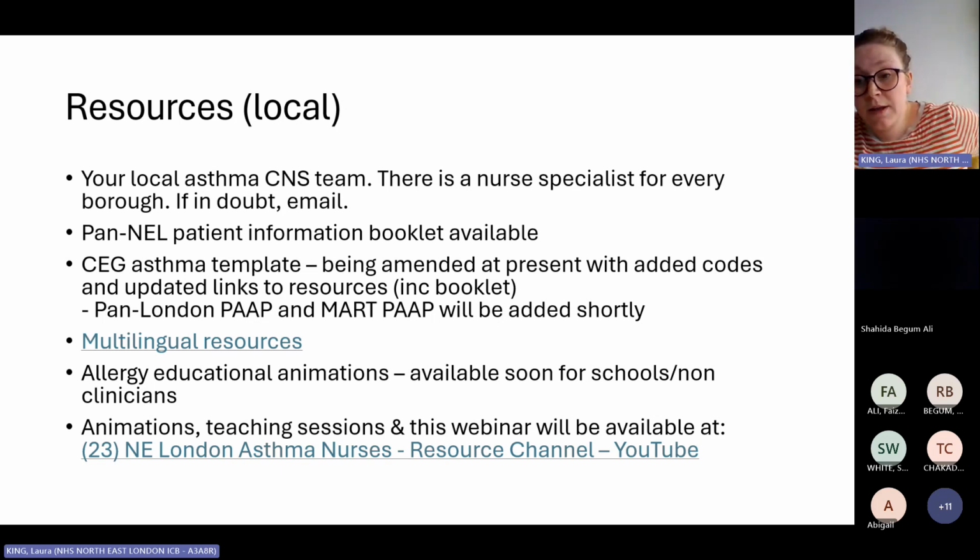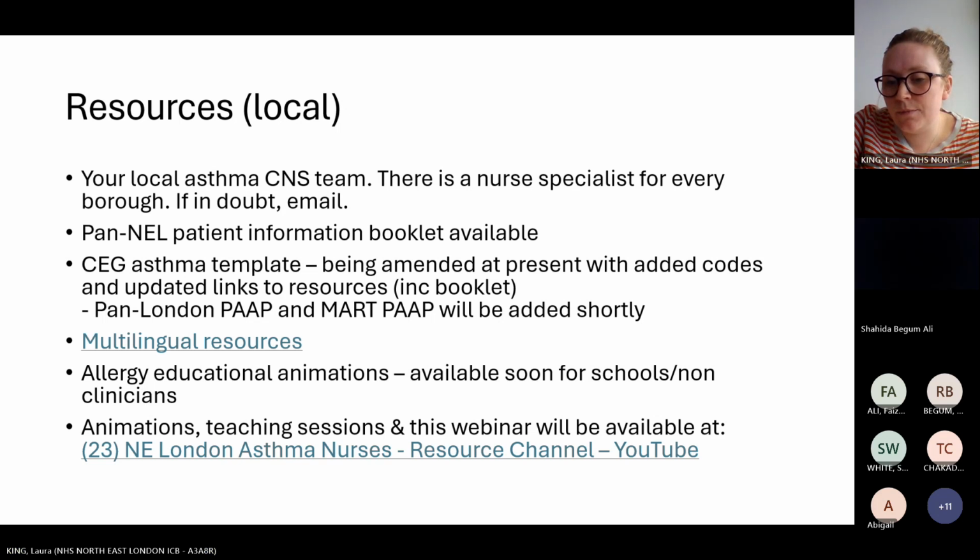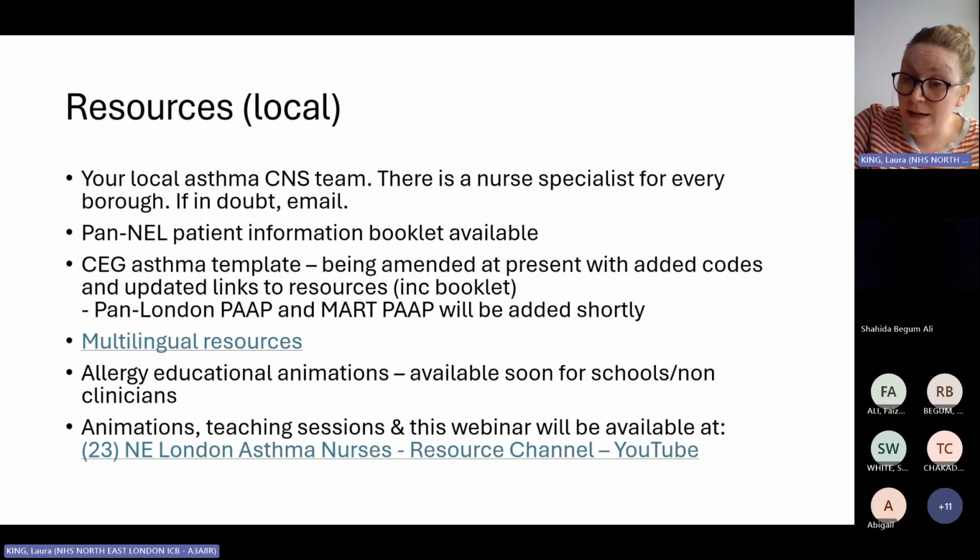So yeah, MART, we can use MART now for under 11. Sorry, I read your question wrong, Sally. So the guidelines say you can use MART in under 11s, but it's off-label. So it is something to be quite careful about. Generally speaking, it's not something people are doing a lot outside of specialist care. There is quite a lot of work happening around use of MART in under 11s.